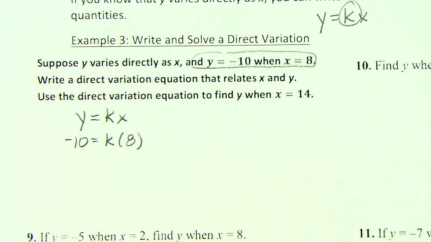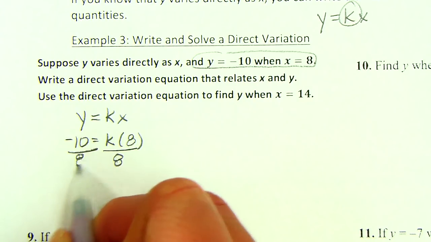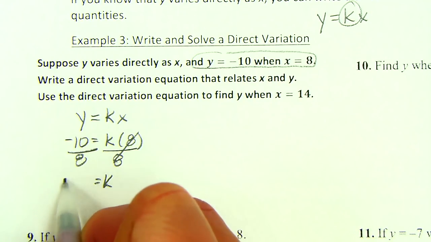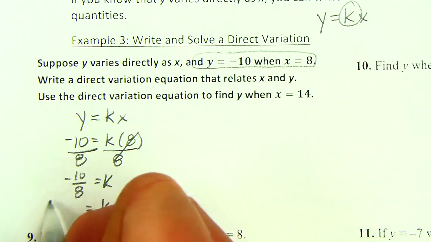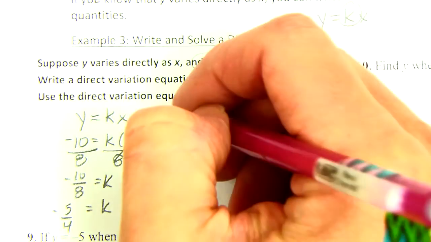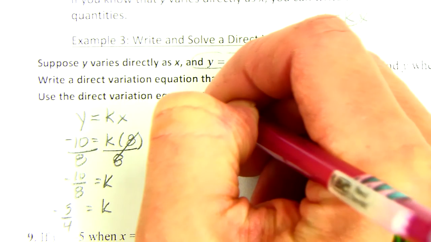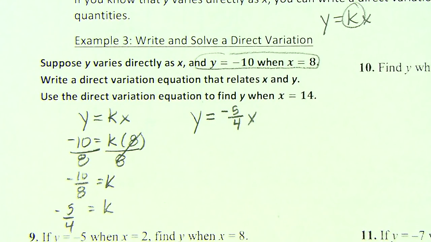And now with that, I can actually solve for the constant of variation. k is -10/8, which reduces to -5/4. Now I can rewrite the equation, which was their first question,